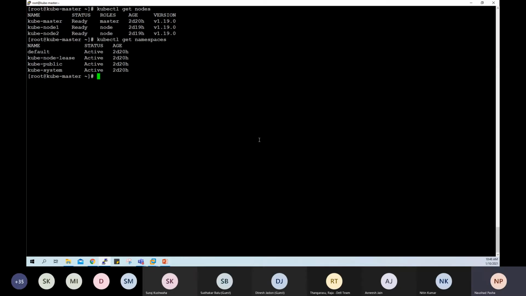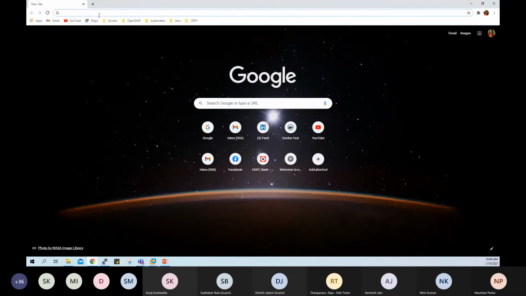By default, when you deploy a Kubernetes cluster, many namespaces get created, such as default, kube-node-lease, kube-public, kube-system. So if you are confused about what a namespace is, let me help you with that.